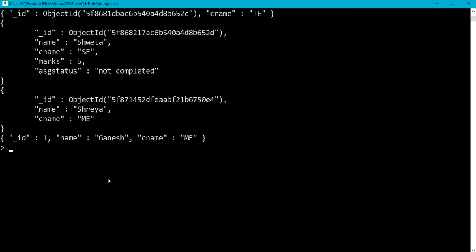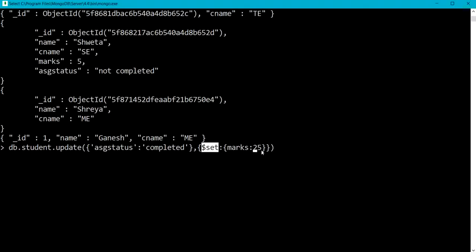I will repeat my update statement. db.student.update. The query criteria is assignment status completed, and here I am going to set the marks value as 25. The $set operator sets the marks field to the specified value.